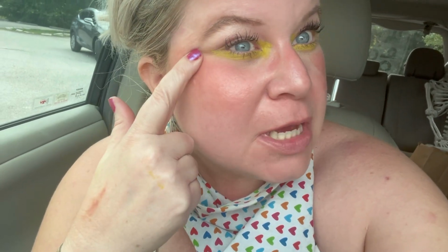All right guys, we are about 10 hours in, and I have not even looked at my face until now. So here's, whoa. This being a liner, now granted it's underneath the eye, so I definitely think that it stays better that way. You can definitely see that this is completely off. And I don't know if that's, like, you can definitely touch it up, but I don't know if that's just because I'm oily or if that's the formula. So if you've used that, let me know. And then I've sweated off different areas, so I'm a little blotchy, but